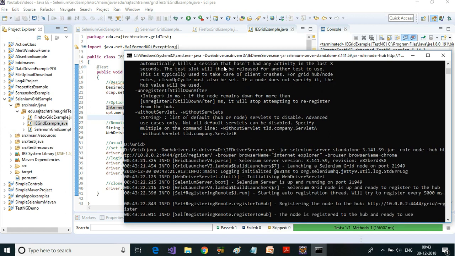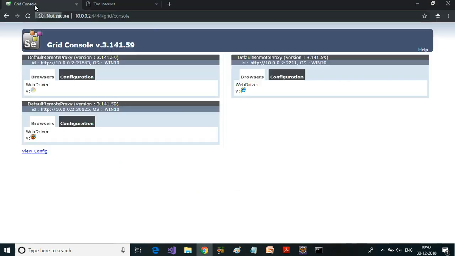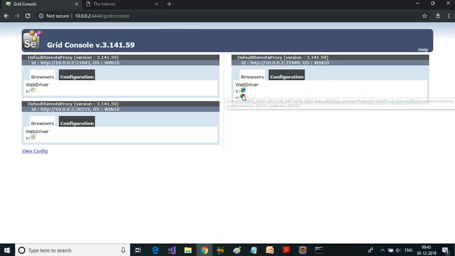Okay, so now this node 3 will have different capabilities. If you go back to grid console and refresh this, now node 3 has got 2 different browser capabilities, that is IE as well as Chrome. So it is not necessary that you have only one browser capability per node. You can also have multiple browser capabilities for a particular node.